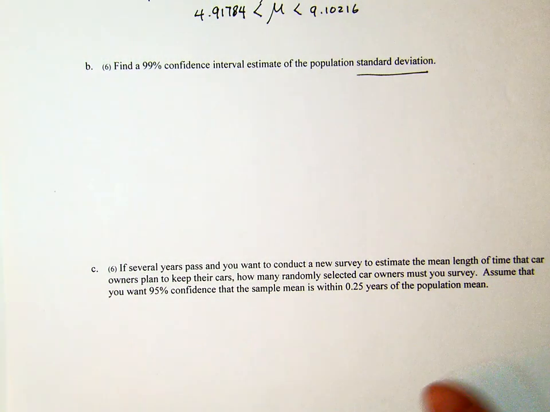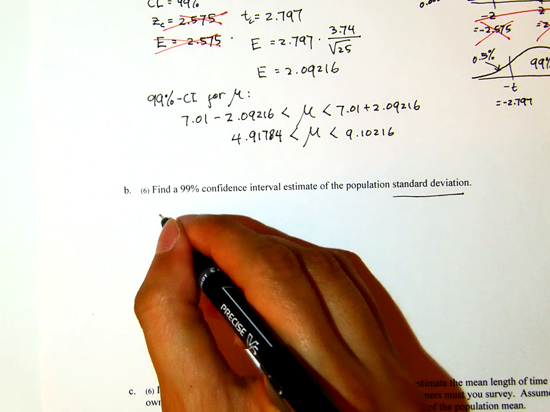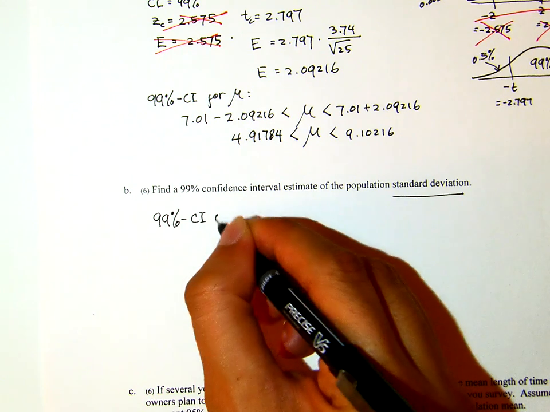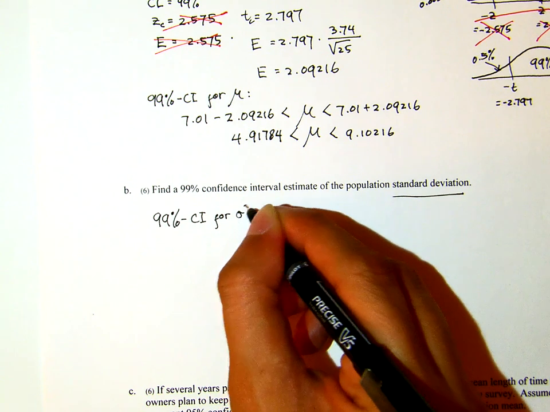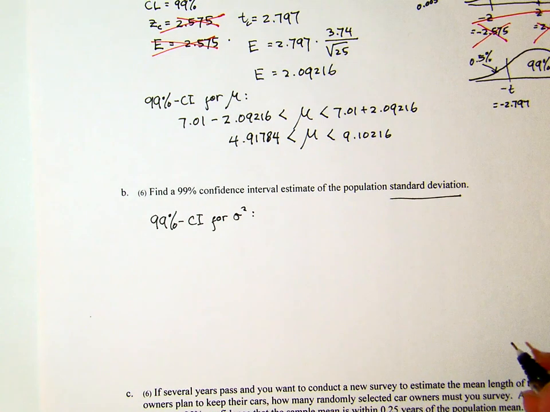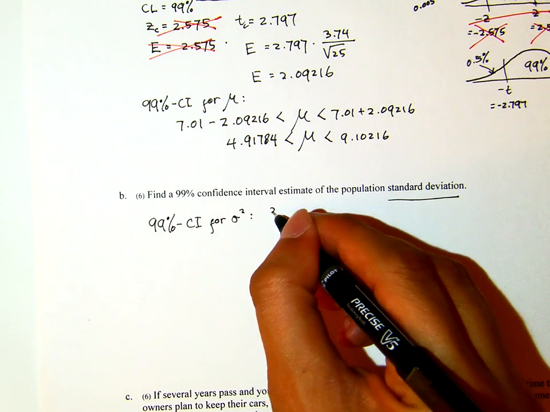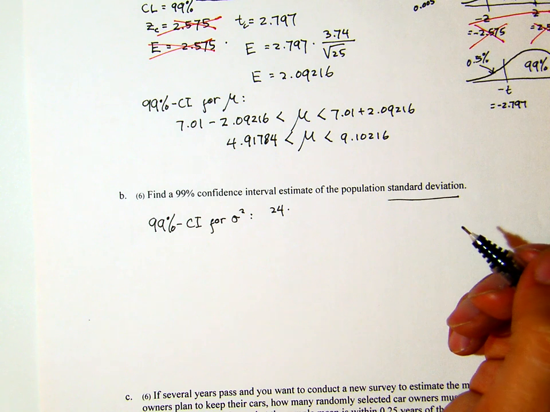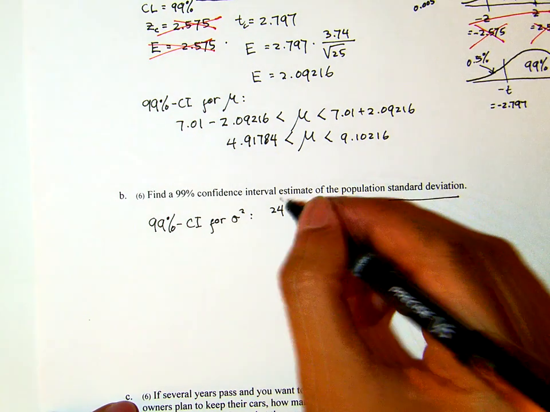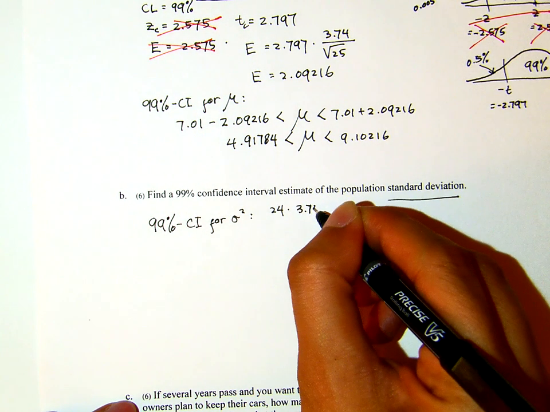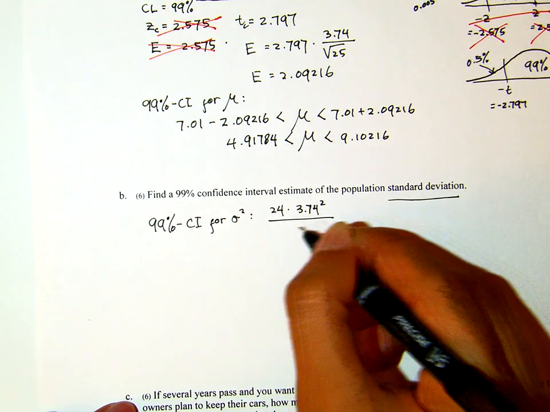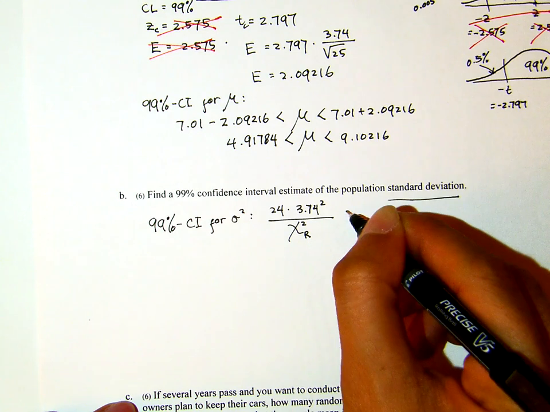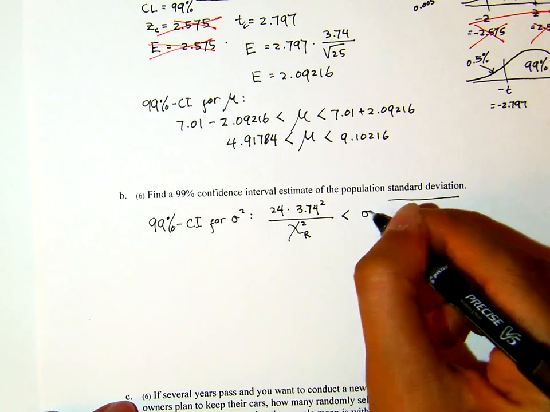Then the formula for the 99% confidence interval for the population variance is given by the degrees of freedom, which is 24, times the sample variance 3.74 squared, over chi square right, less than sigma squared